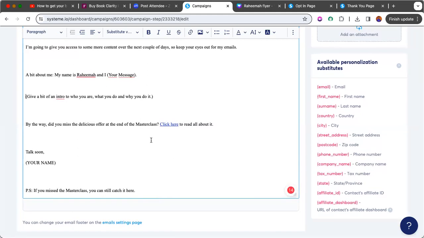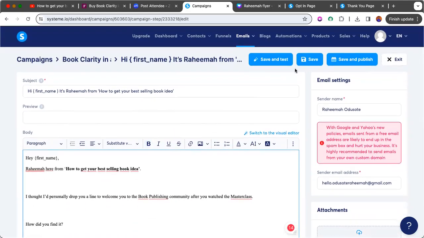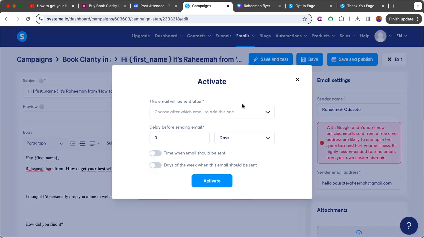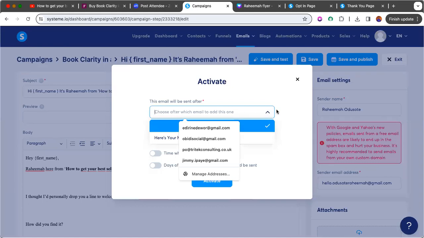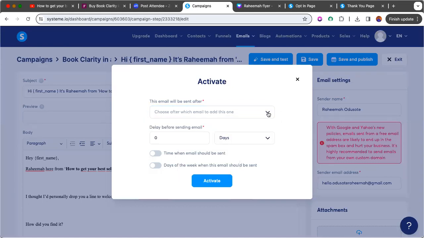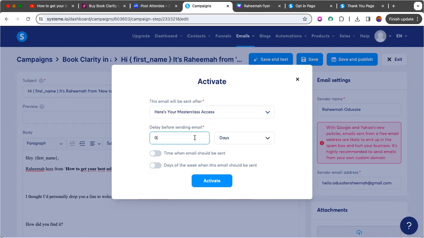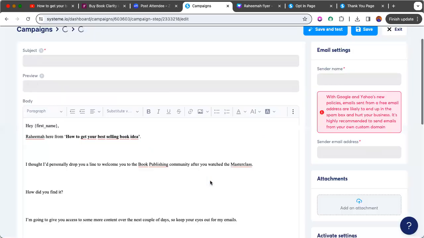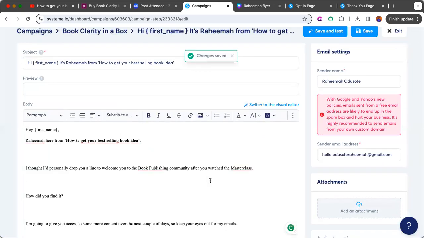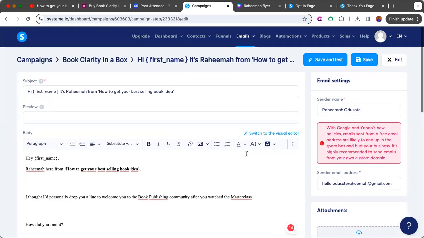It's already 1.5 hours into the time that we're supposed to use. So again, save and publish. I want this particular one. You say choose after which email to add this one. I want it to go after this. Here's your masterclass access. So I click on that. Delay before sending email. I want you to have maybe like 3 hours after the first email for this to go. 3 or 4 hours after the first email for this next email to go. So I've saved that